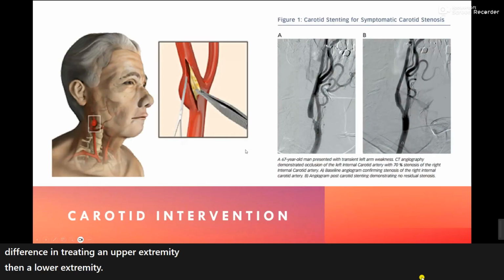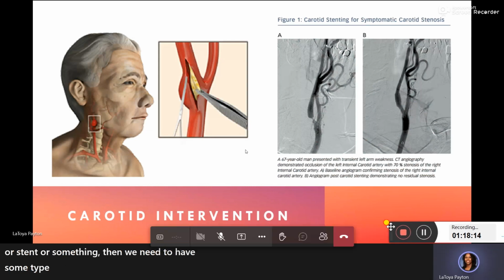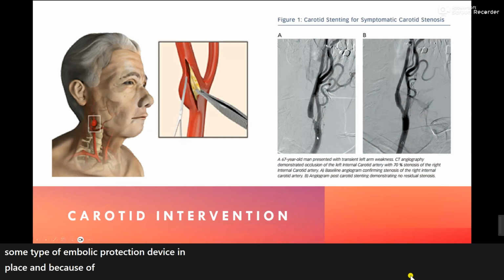Now, carotid interventions. Carotid interventions are different. Because it's feeding the brain, we have to take very specific precautions. One, if we're going to treat it with a balloon or stent or something, then we need to have some type of embolic protection device in place. And because the blood flow is going towards the head, the embolic protection is going to be placed above whatever treatment device we're going to use. Generally,